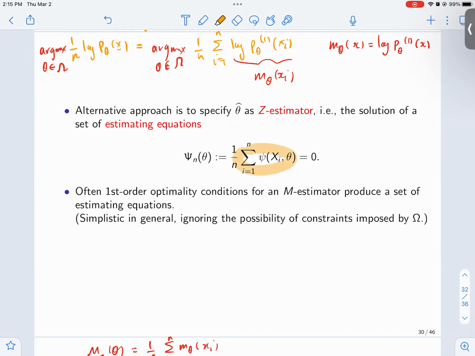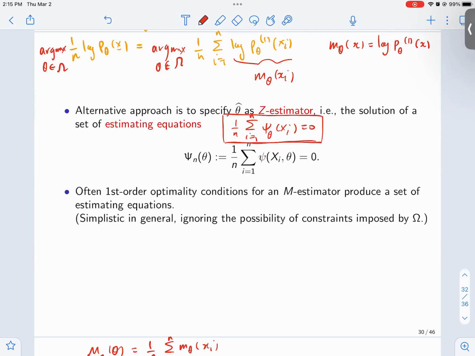So if you instead have a sequence of psi, I can write it as psi_theta, and instead of trying to maximize, I try to find zeros of this. The estimators that are solutions of these kinds of equations are called Z-estimators, or the approach is called estimating equations or something like that. This is very close to